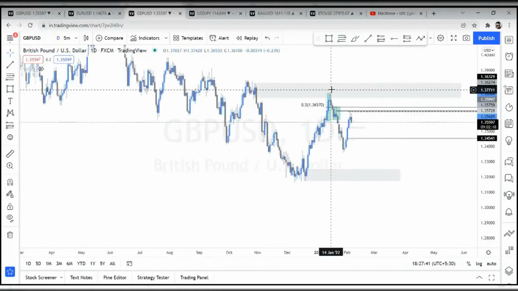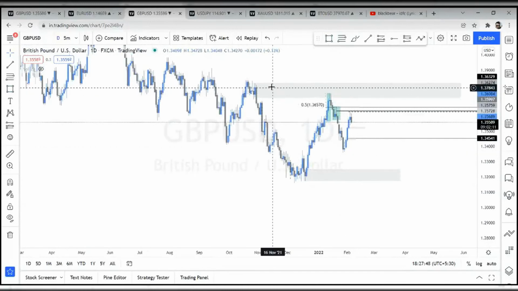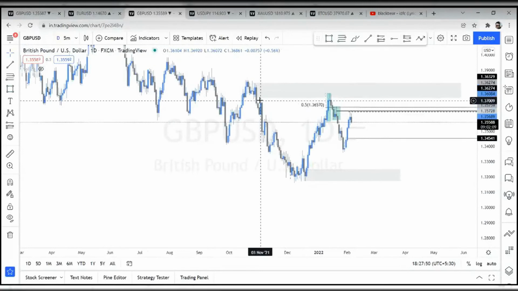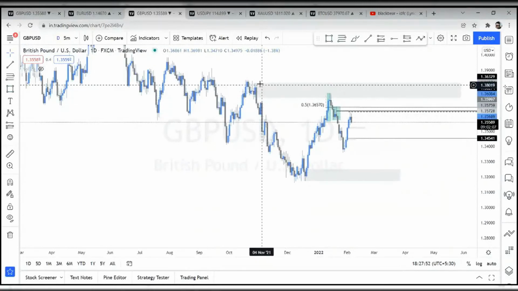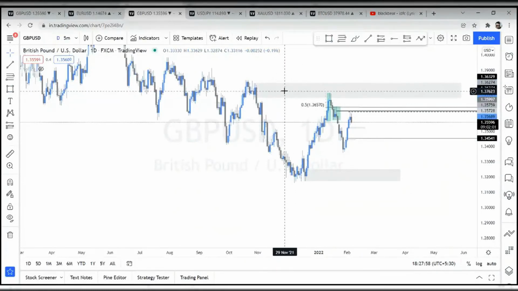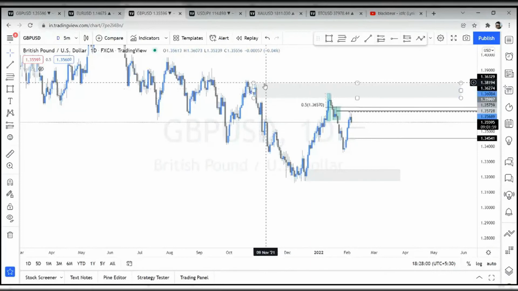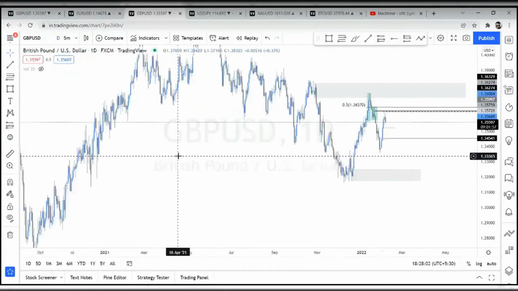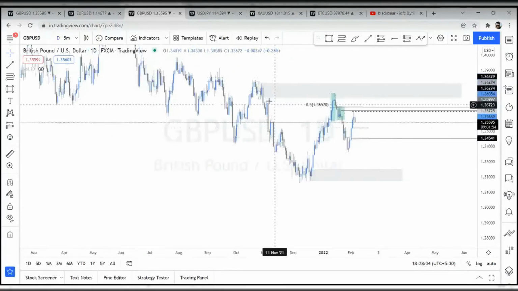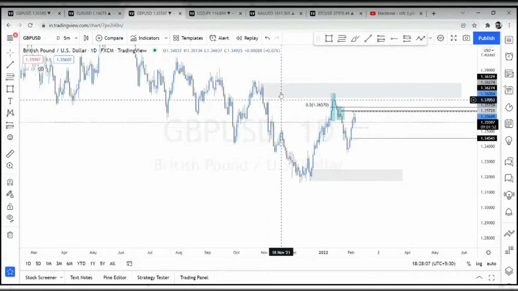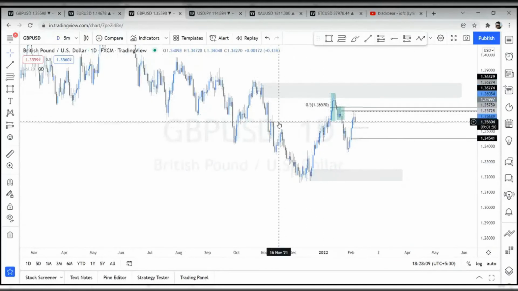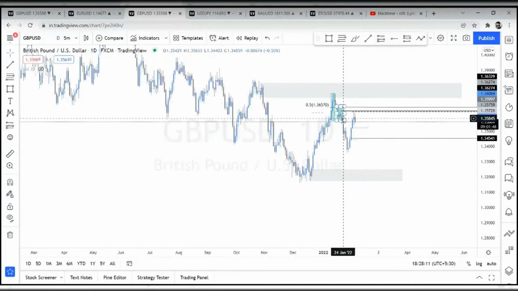We won't even need confirmation because this is a huge block, a huge zone, and this is a daily chart. So there are, I don't know, maybe 100, but there are so many orders. So it holds. Most of the time you will see that in a higher time frame an order block holds. This is the reason: they have so many orders. They cannot close everything at once. So they push it down, and right now,